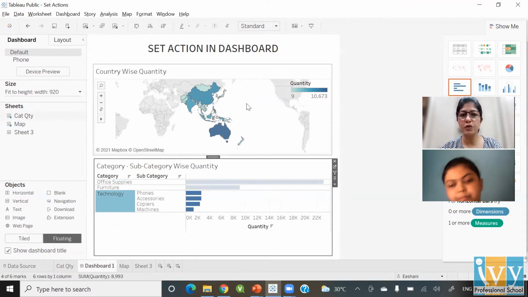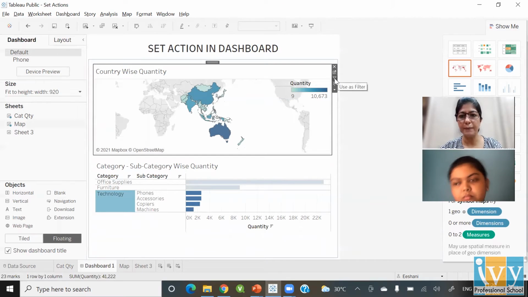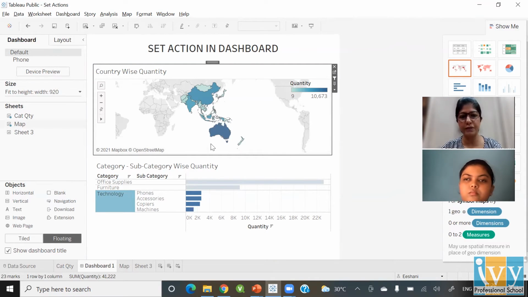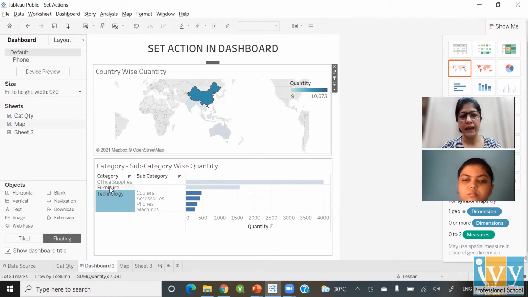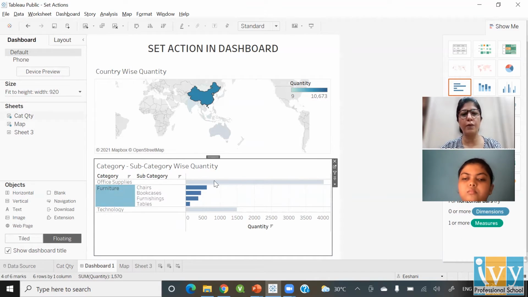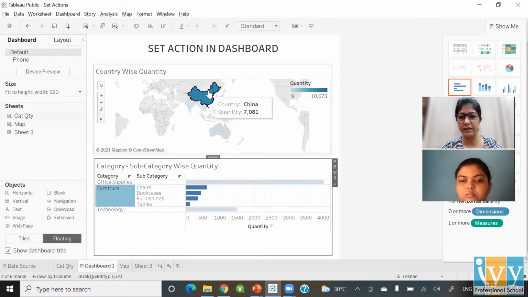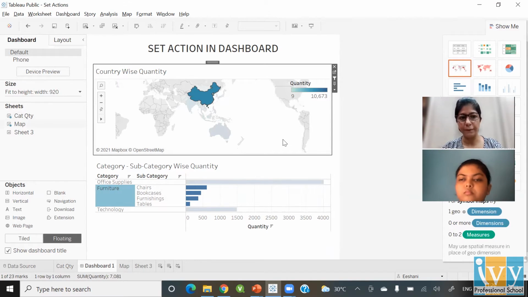On the top, I've also created a small filter on the maps. So again, the same thing of the filter action we have taken. So if I wanted to understand these categories, subcategories given a country, I can filter this at the bottom, and I can have the set action. So now I'm able to visualize what is going on in the category of furniture, subcategories in China itself. Okay, so this is what we are going to try and create today.